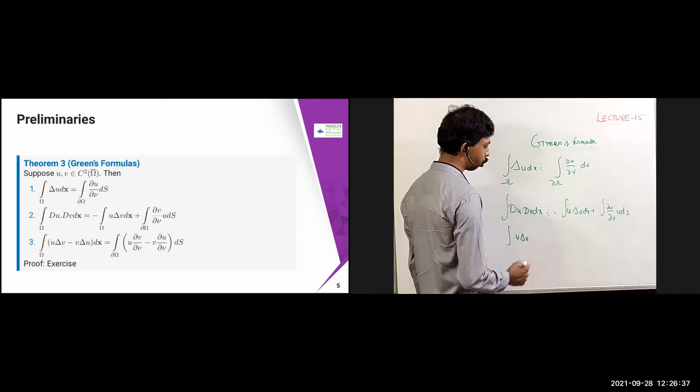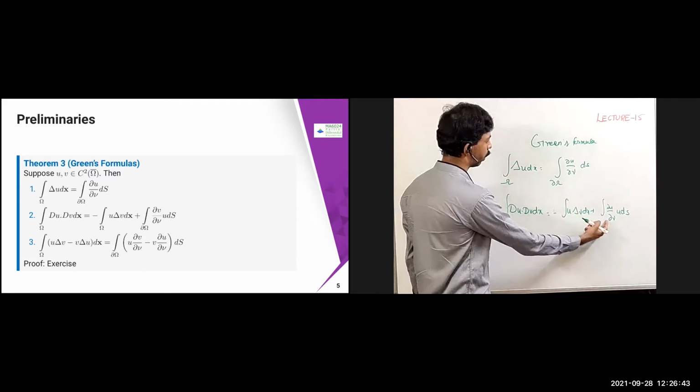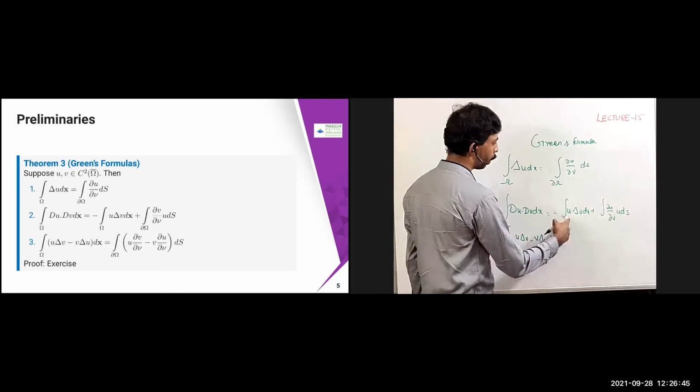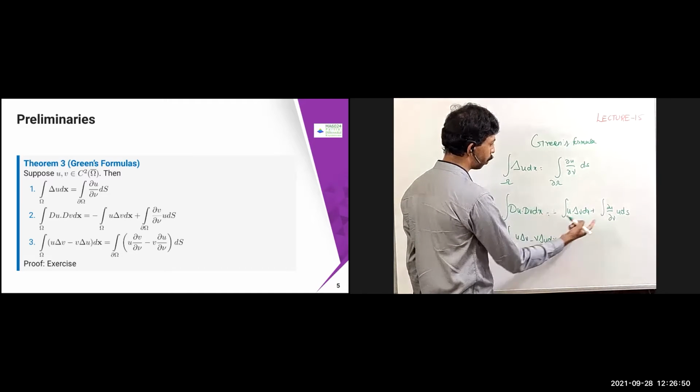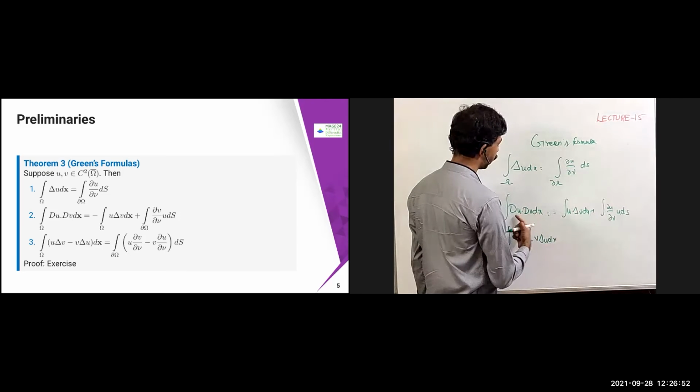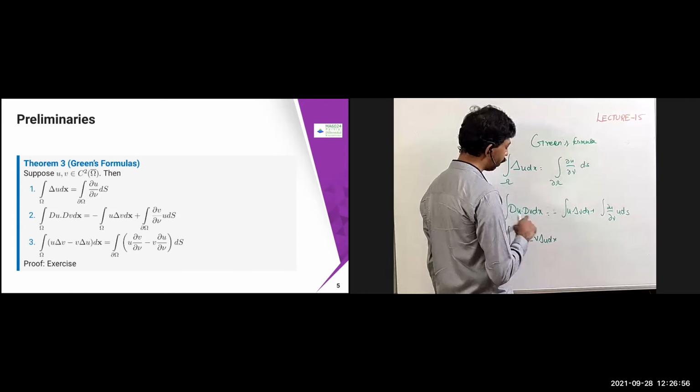Okay, so I'm just going to use this one, u del v minus v del u dx. So you can apply that. For u del v, you get du dot dv into dou u by dou nu, minus dou u by dou nu into u ds is going to come. Similarly, change this one, then automatically these values are going to be swapped, then you will get dv dot du nu is going to come.